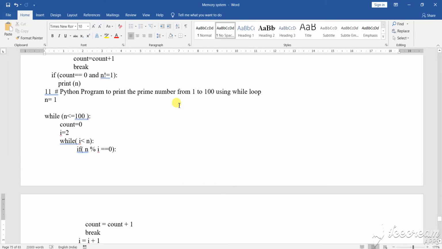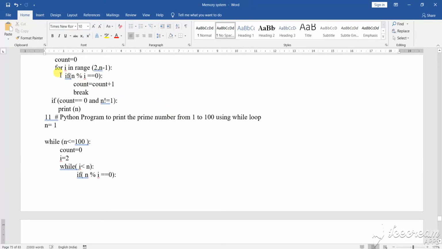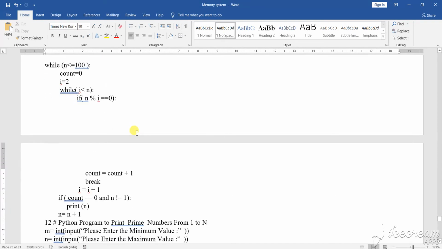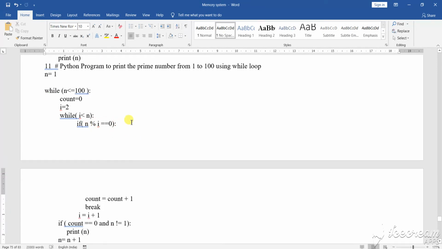So what was the previous one? Let us just look back. It is using a for and if loop, and this one is using, so you can understand from here, you can write the program from here. So this is using which loop? The while loop. So what I have done: n equals to 1, while n less than 100,